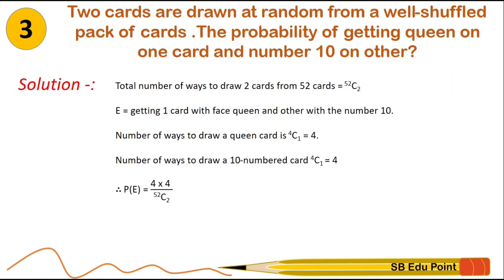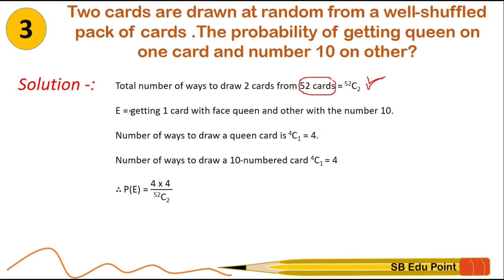And here the first thing that we need to calculate is the total outcomes. So you people must be knowing that a well shuffled pack consists of 52 cards. Out of those 52, I need to draw two cards. So it can be done in 52C2 ways. I think this is clear to you now. We have done it a many times that selecting few things we need to apply combination.